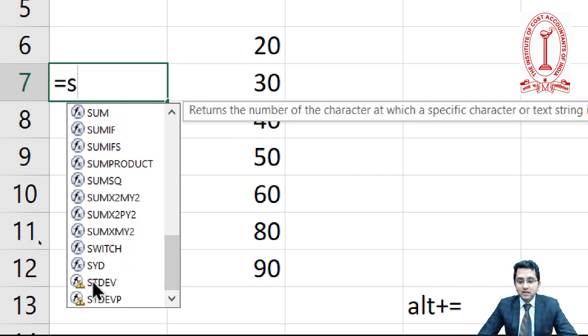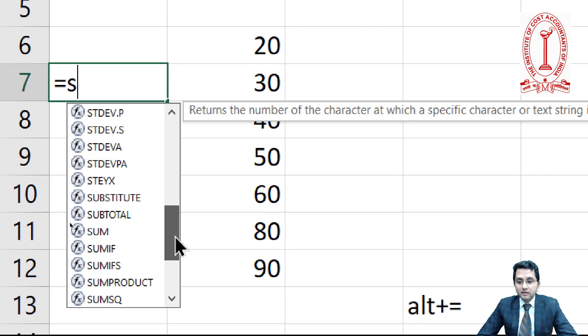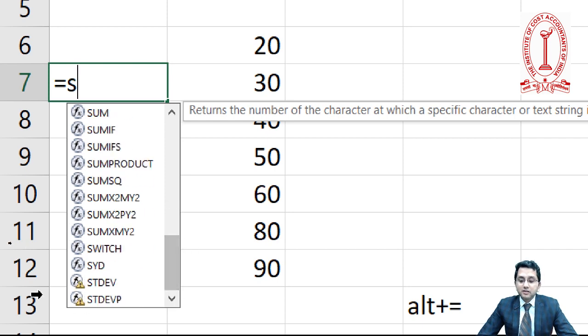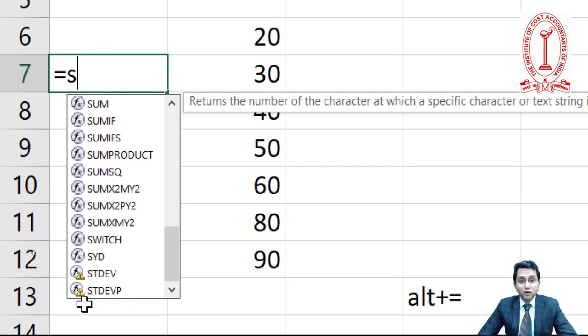This is STDEV and STDEV.P, and STDEV.P and .S are the new functions. The function with the yellow triangle indicates that this was the earlier version, it will work here also, but